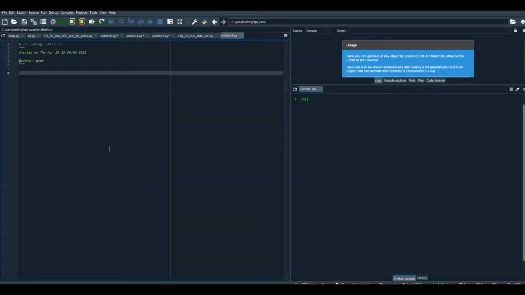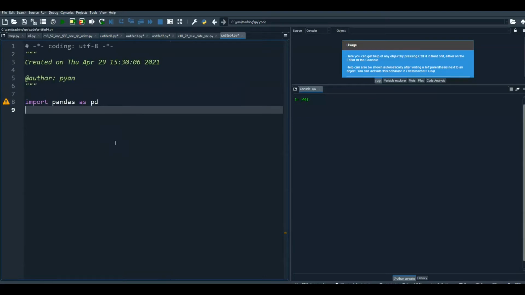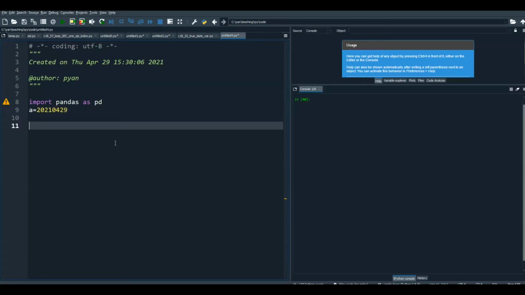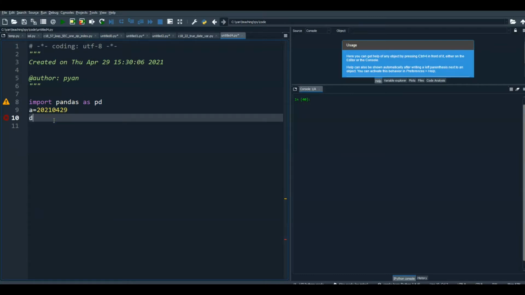Okay, first one, so let's import pandas. We use pandas. Let's import pandas as pd. Okay, so let's define an integer. I'm going to use today, so this is April 29. So A equals 20210429. Okay, so I'm just calling it D equals pandas